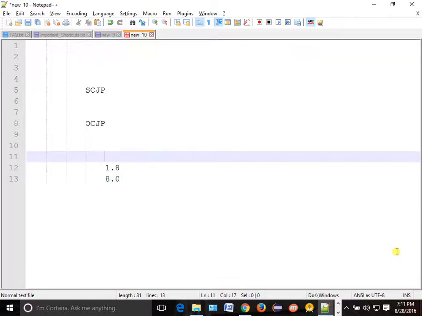Now this OCJP also comes in different versions. If you want to go for 1.8, it is also fine, but because this is the new one, you have to study too much. So you can choose 1.6 or 7, both are okay. I'll suggest you go through this, but after completion of our course, you will be at a stage to clear this test easily. And wherever you go for an interview, if you are OCJP or SCJP certified, they give you preference anywhere.